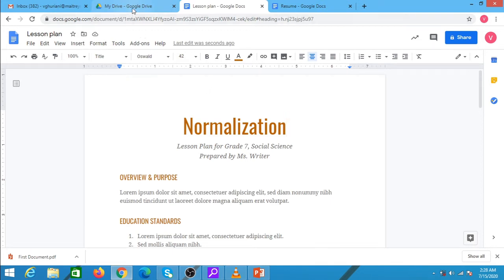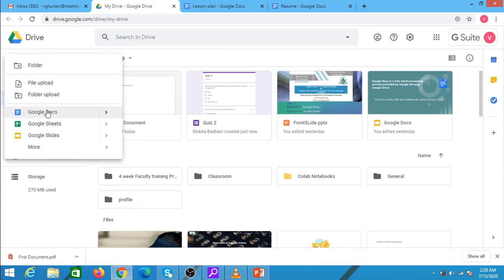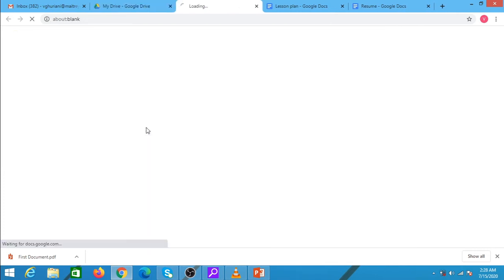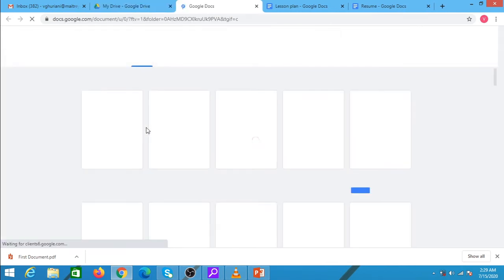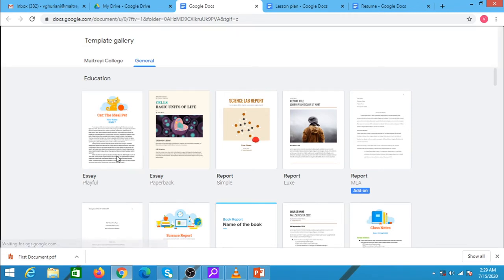I'll take up a last template. From the template gallery, now I'm selecting this template for essay writing.